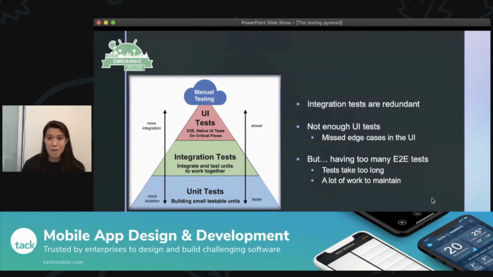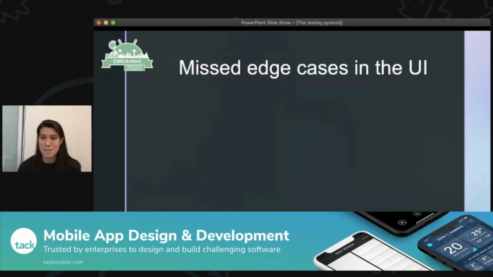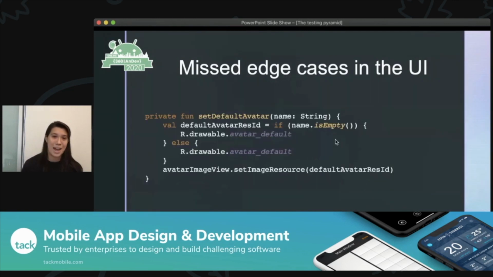So I'll go through an example of something that happened at Yammer, and this is something that I am completely responsible for. So this beautiful piece of code is supposed to, if a user has a name, show the default avatar.